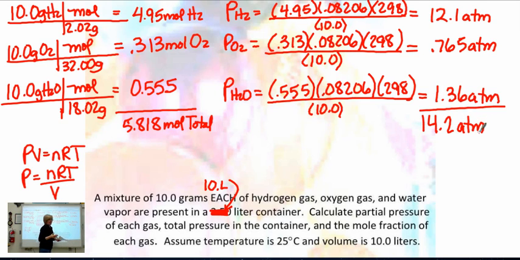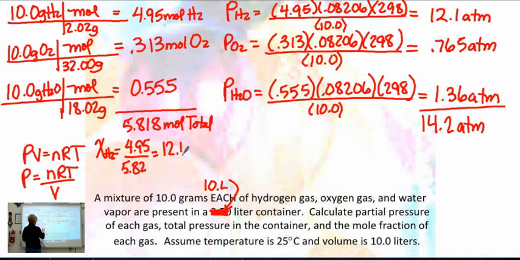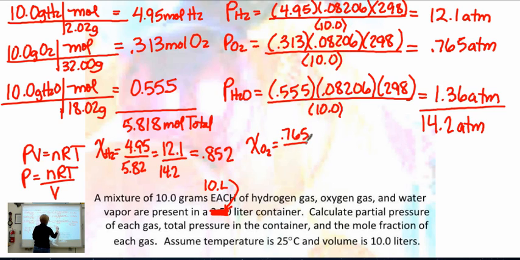atm. And then for the mole fraction of each, if I have the mole fraction of H2, that equals 4.95 over 5.82. It also equals 12.1 over 14.2. I can either use my mole over total mole or pressure over total pressure, and I get my mole fraction of H2 is 0.852. My mole fraction of O2, I'll just use the pressure this time, 0.765 over